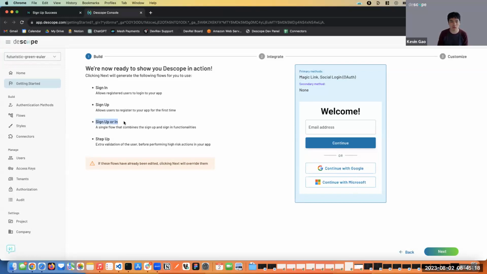What we're going to be using for our application is the sign up or in flow. That's a single flow that combines sign up and sign in. Depending on how your application works, you might want to separate these 2. But for a lot of cases, especially if you're allowing new users to sign up, you might just want to have one flow to do everything. And so if I click on next here,